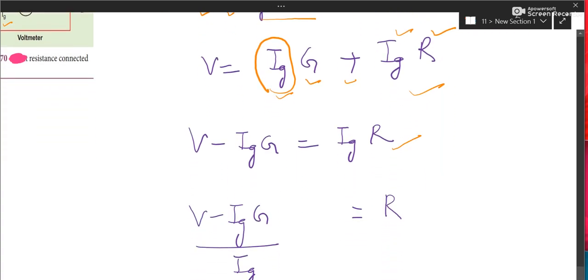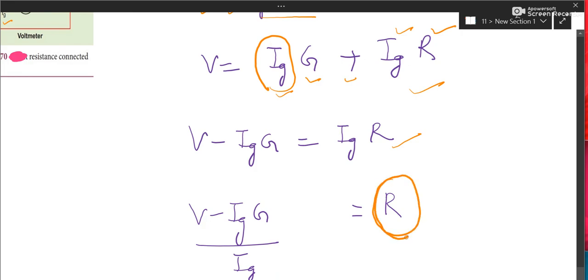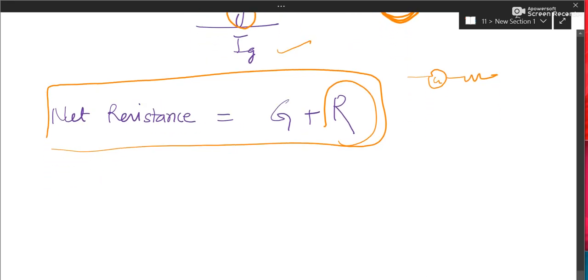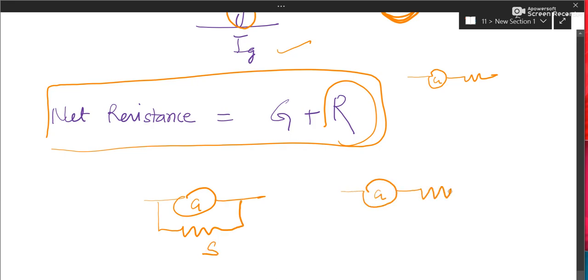That is the job. So this much R resistance needs to be connected in series with the galvanometer, whose resistance is G ohm, whose full scale deflection current is this, up to measure. Now it can measure up to V volt. So the new resistance is G plus R. The value of R is ready with you. You can substitute here. This is the new resistance of the voltmeter. So a galvanometer can be converted into an ammeter by connecting a low resistance in parallel to it, and it can be converted into a voltmeter by connecting a high resistance in series to it. Kindly prepare these topics.